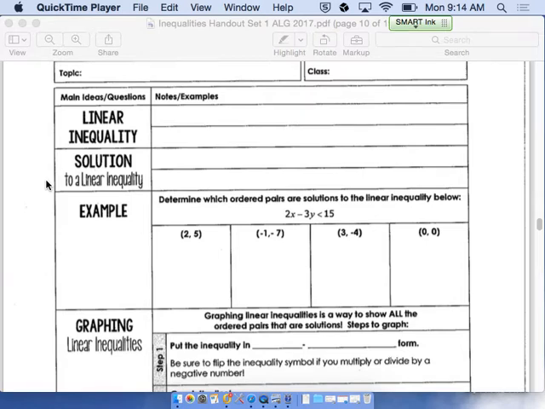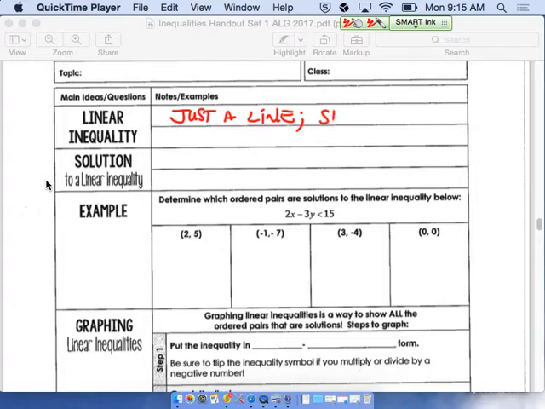This video will use notes that you've been given in class. So let's go ahead and introduce what a linear inequality is. To start with, let's compare it to just graphing a line. A linear inequality is just a line that you would graph in the plane as you always have done,